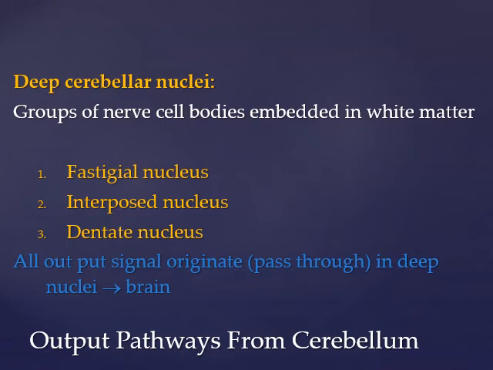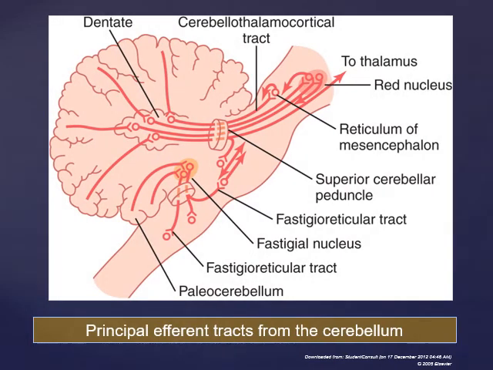So now, as we have different nuclei, that is the fastigial, interposed, and dentate nucleus, which include emboliform and globose and some others. But for the sake of discussion, these are the important ones. You can see the output signals from the dentate nucleus and the fastigial nucleus as a fastigioreticular tract, and then from the dentate nucleus through the superior cerebellar peduncle to the higher areas of the brain.